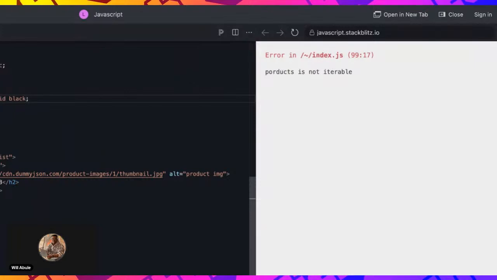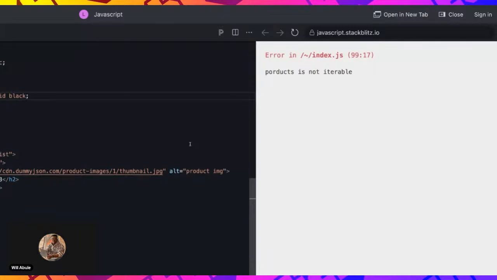Yeah, I think using for...of doesn't really work when you're trying to loop over objects. It's supposed to loop over arrays, and in some environments like in Node, I think it does that, but for some reason it's showing that it doesn't loop over in here. So what I'm just going to do,